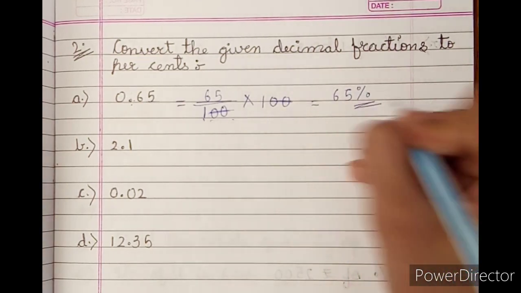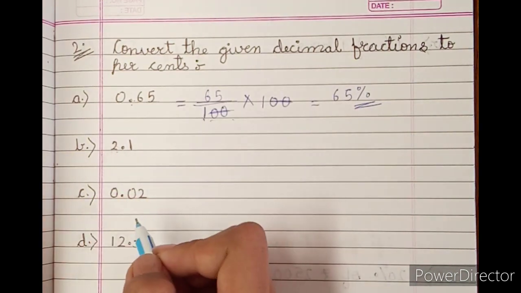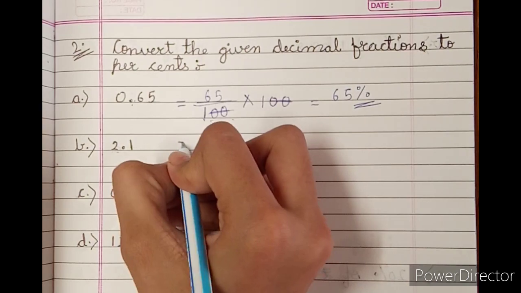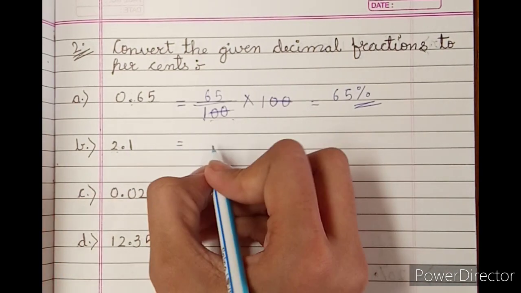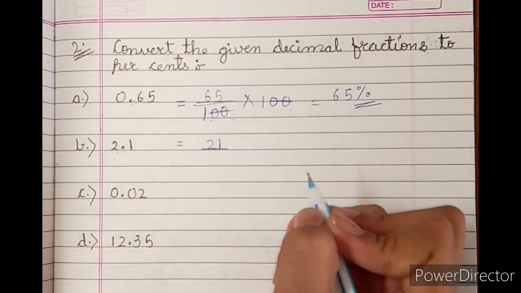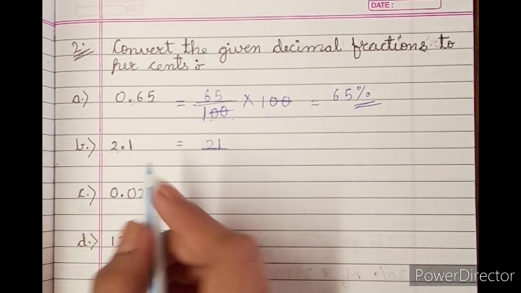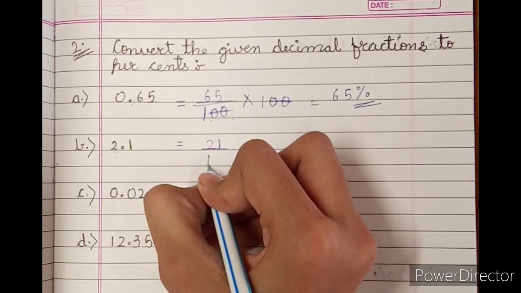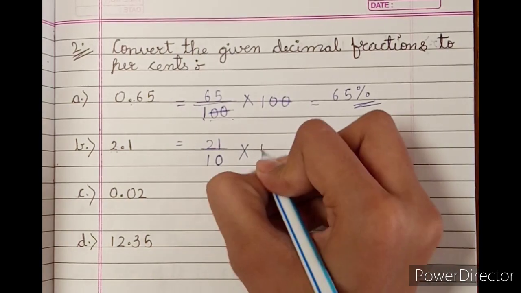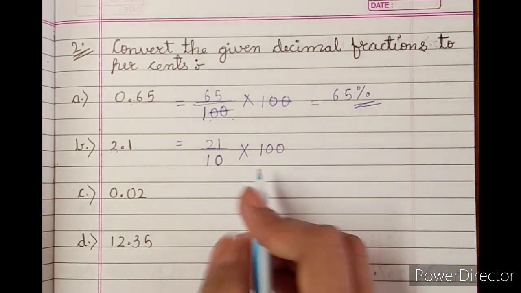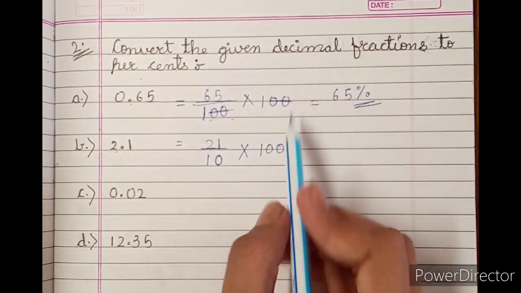65%. Now, number 2 is 2.1. अब हम इसे भी पहले फ्रैक्शन में करेंगे और उसके बाद परसेंटेज में करेंगे. अब इसमें भी हम पॉइंट निकाल देंगे तो बचेगा 21 अपॉन, अब पॉइंट के बाद 1 डिजिट है तो हम 1 ज़ीरो ऐड करेंगे. तो 1 में हमने 1 ज़ीरो ऐड किया तो बना 10. अब उसे हम मल्टीप्लाई बाय 100 कर देंगे क्योंकि उसे हमें परसेंटेज में कन्वर्ट करना है.